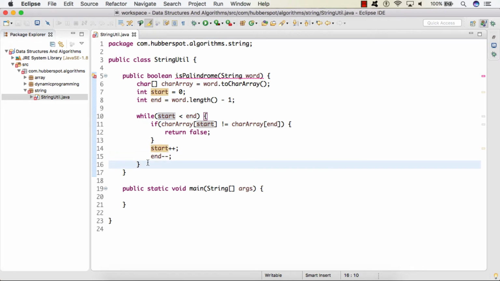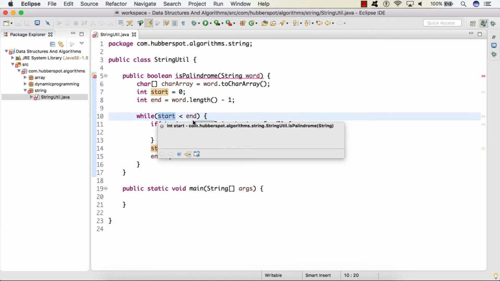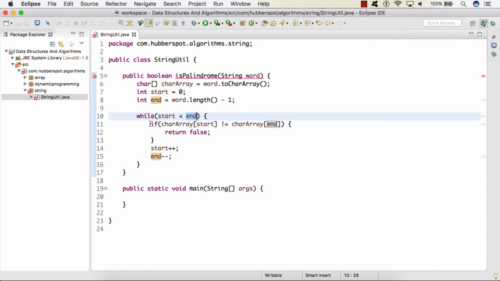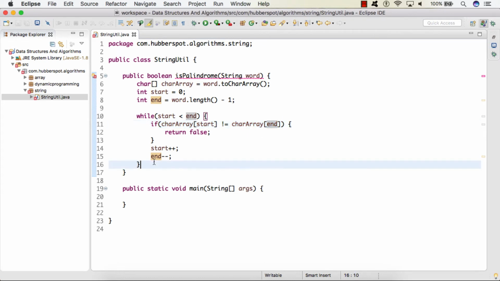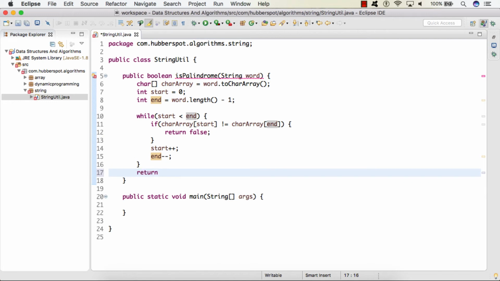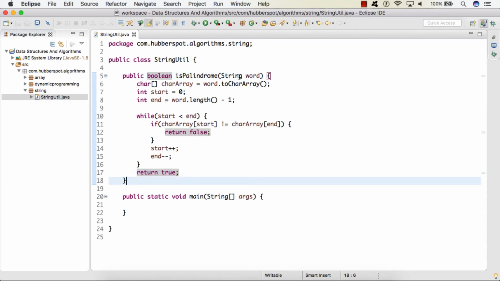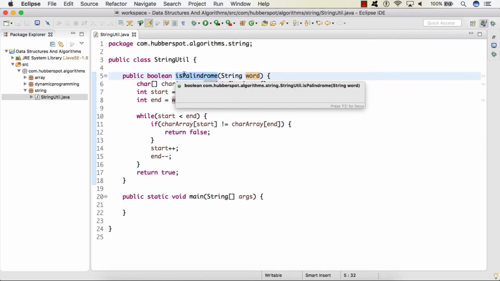Also friends, here you can see that when the value of start will be equal to end, this while loop will terminate, and we know that inside this while loop we never got any chance that the character at start is not equal to the character at end. Therefore, once the while loop terminates, we can come to know that the string is a palindrome and will simply return true. So friends, this is the algorithm to check whether a given string is a palindrome or not.